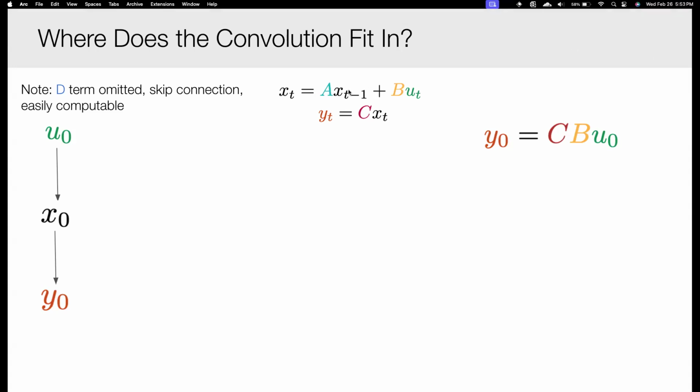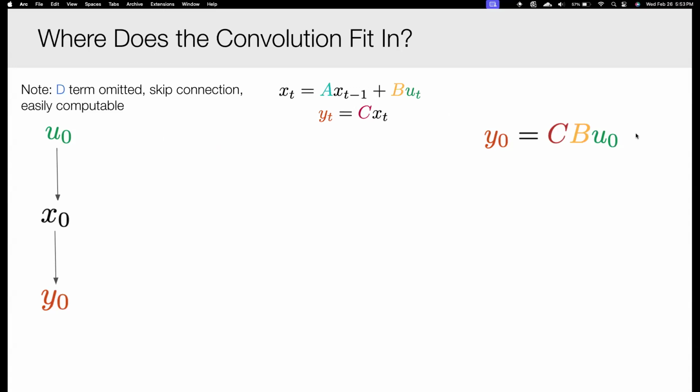We don't have an A yet because this is the first step within our quote unquote RNN. So we simply just do B times UT, or in this case, U of 0, because your input is U of 0 on the first day. So Y for the first day, Y of 0 is just C multiplied by XT, which is just B